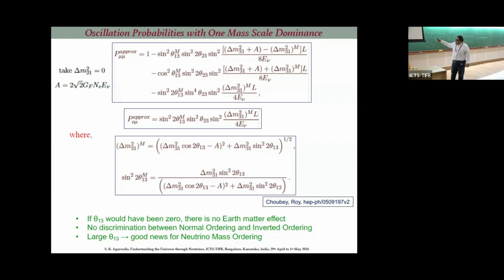But you can see there is no delta CP here. Can you tell me why delta CP didn't come? Even cos delta CP is also not there. Because I have done the approximation, right? What approximation? Be loud. Yes, tell me. Yes, so I am again in two flavor. Great.